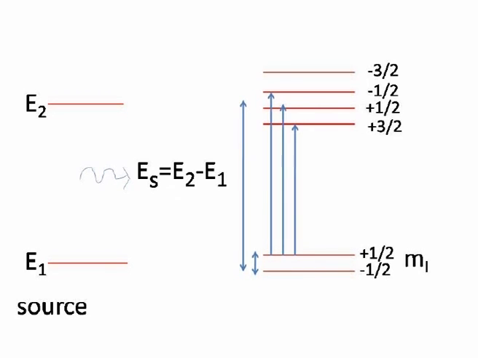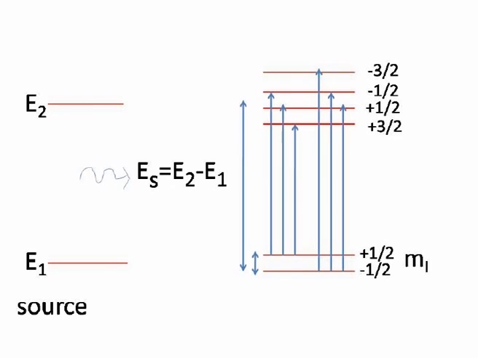Similarly, from minus half it can go to minus 3 by 2, from minus half it can go to minus half, and from minus half it can go to plus half, delta M changing by 1 unit. It cannot go from minus half to plus 3 by 2, because here it will be changing by 2 units. So, there are 6 possible transitions, and therefore, there are 6 different velocities where absorption will be high, and